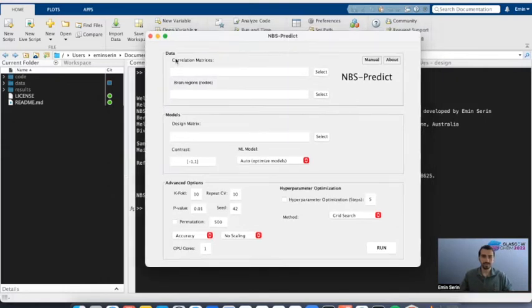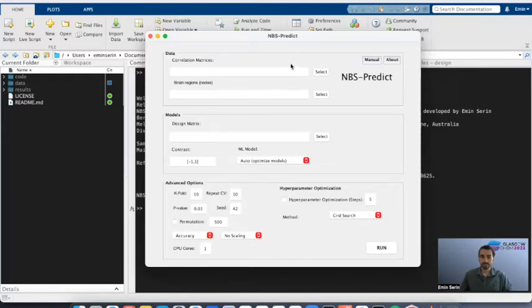As you see here, there are three panels: data, models, and advanced options. I'm going to go through all these panels and talk about how we can set our parameters for the data analysis. Let's start with the data panel.